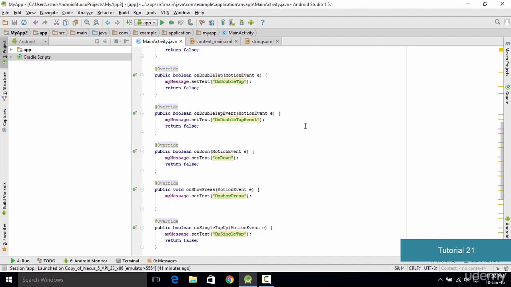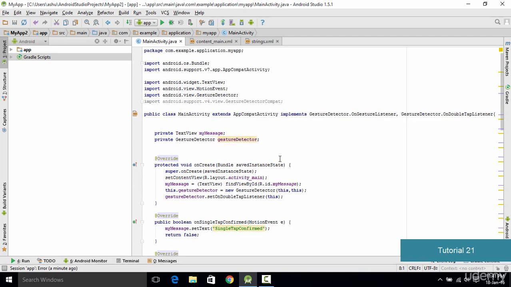So what I've done is that I have simply copied the same message and I've just changed the text of the message. So once we are done with this, we are pretty much done with the first part of our tutorial. So in the next tutorial, we are going to add one more overridden method to this code, and then finally we are going to run this application on our emulator.